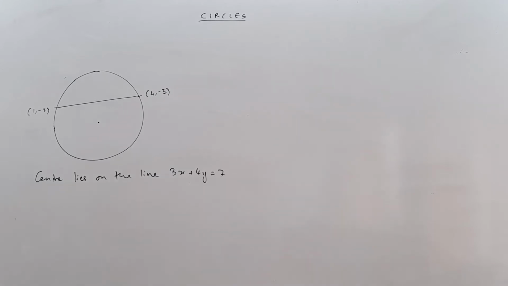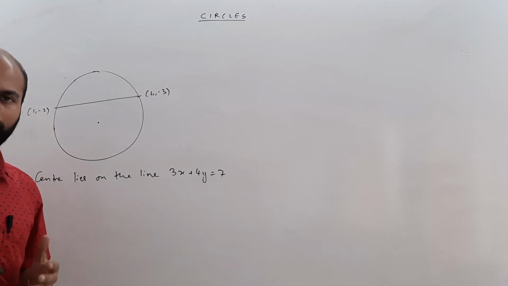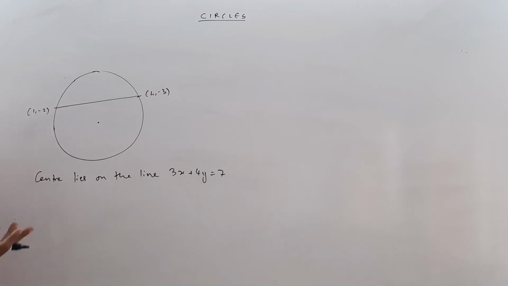Now we have a question where the details are something like this. This is a circle. On the circle there are 2 points, 1, minus 2 and 4, minus 3, and the center lies on the line 3x plus 4y equals 7. Now I can't really locate this line, whether it's going to be like this or this way, because we don't know how these two lines are aligned. Of course we can find it, because we can find the slope of this and the slope of this, then find the angle between them, but that's not the point here. What we have to find is the center and the radius, and if you are able to do it somehow, then we have got the equation of the circle.